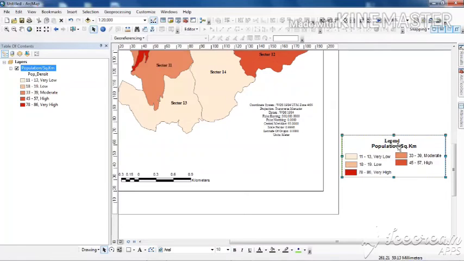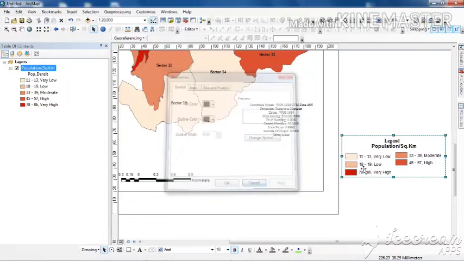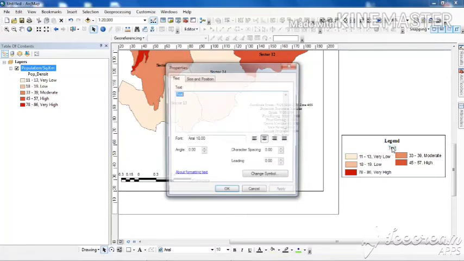Now this population density is also not in this font. I will remove it. Again go to insert, go to text, and I will put the text box over here.